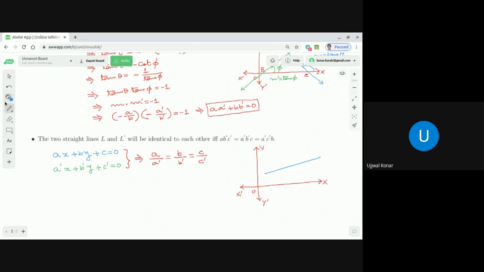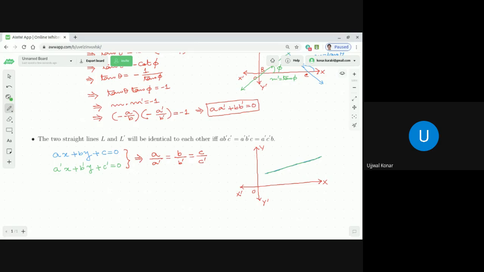the second straight line should also be just coinciding with it, because the moment they are in equal proportion, you can just divide it and you can write that they are actually coming on top of it. They are coinciding. And dear students, if you just recall